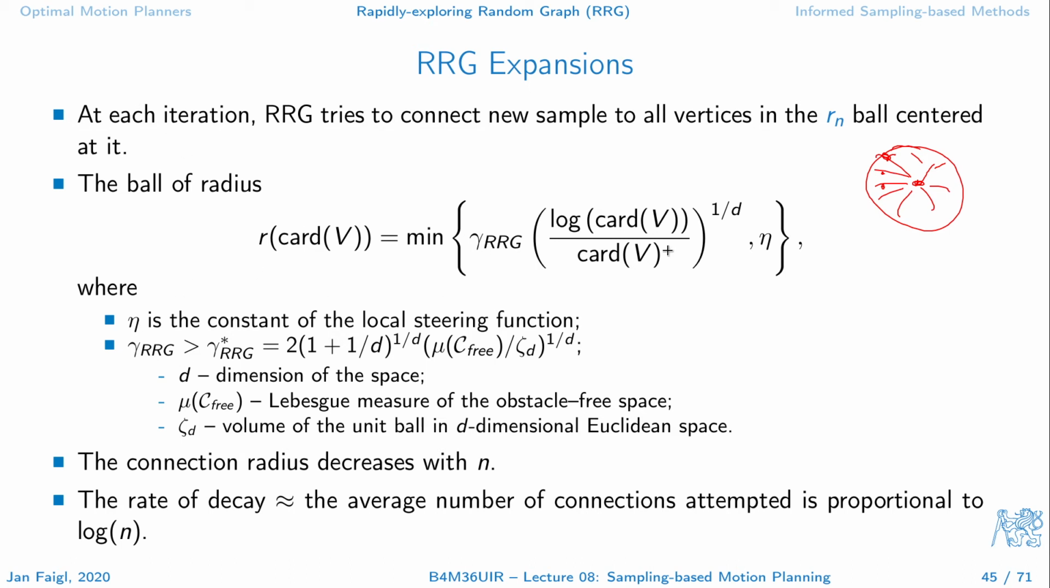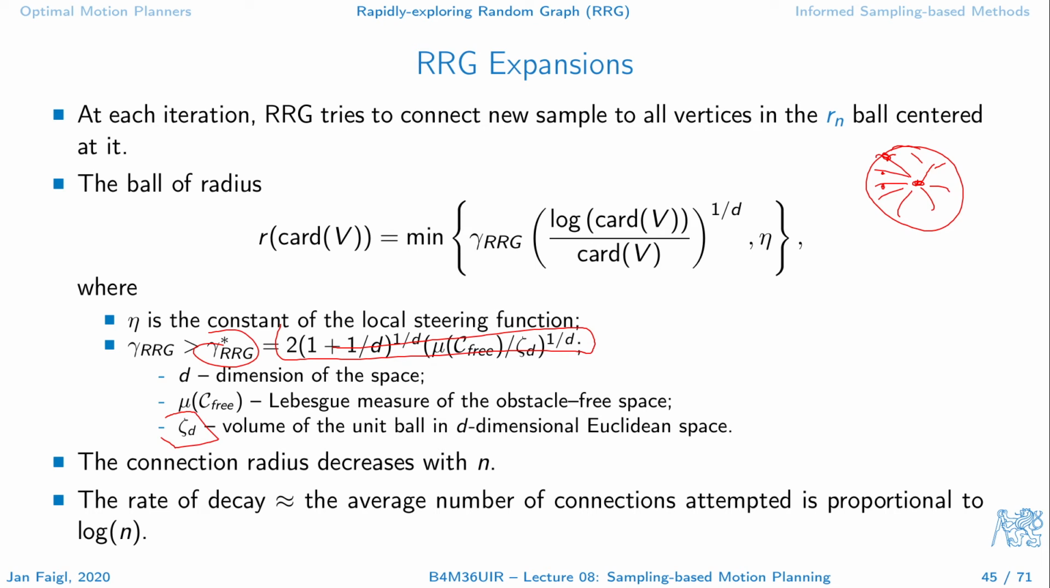So what does it mean? So we have this gamma. This should be set up like this. There is a Lebesgue measure, dimension of the space, and a volume of the unit ball in d-dimensional Euclidean space. Okay, so